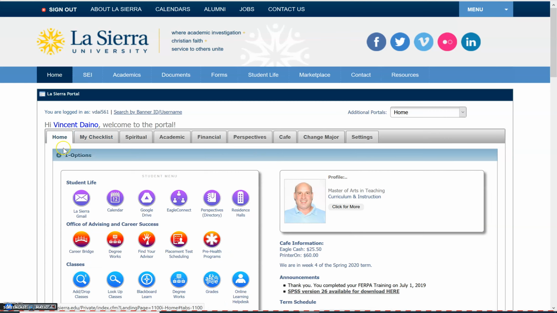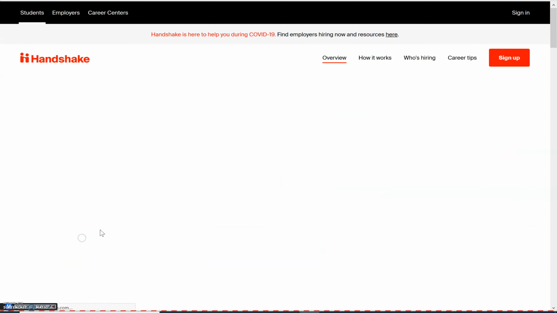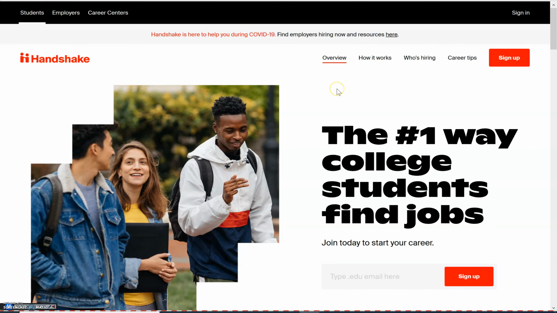And this is the main difference for students versus faculty and staff on how we're going to go forward. So everyone has this La Sierra Gmail. We all go into it a few times a day. Underneath that, you see Career Bridge. This is what faculty and staff do not have. This is part of the single sign-on that students do have. So the next step you're going to do is hit that, and it's going to bring you to the Handshake